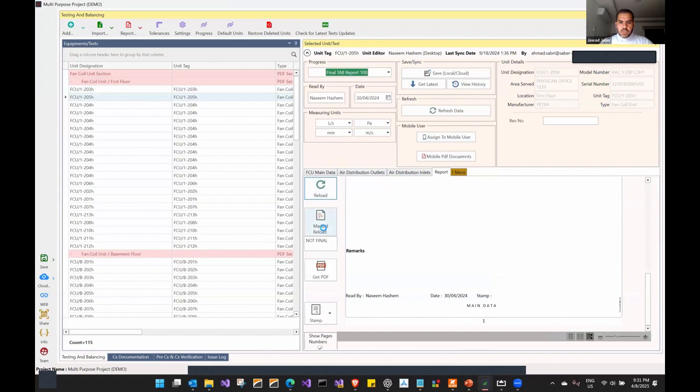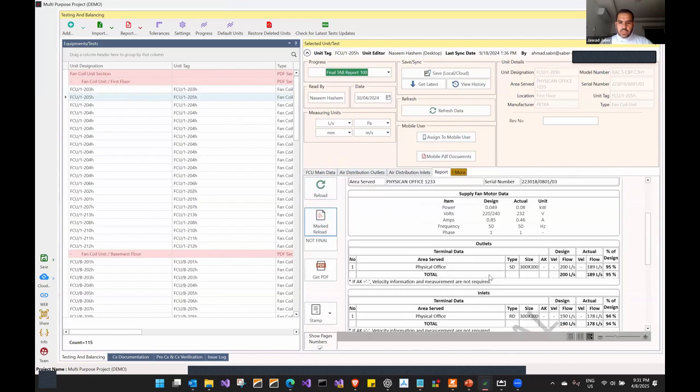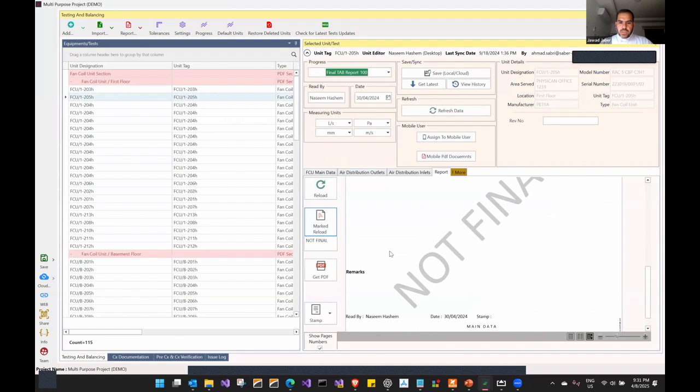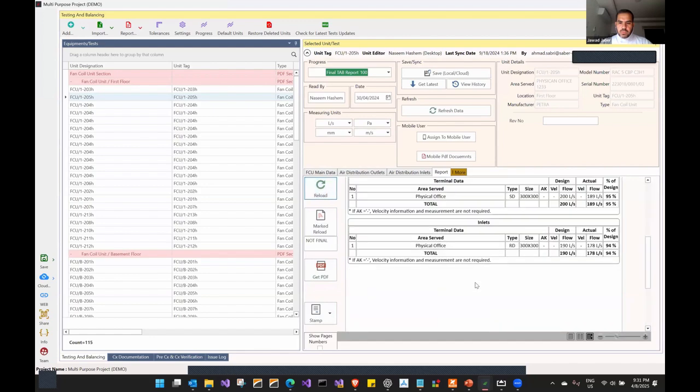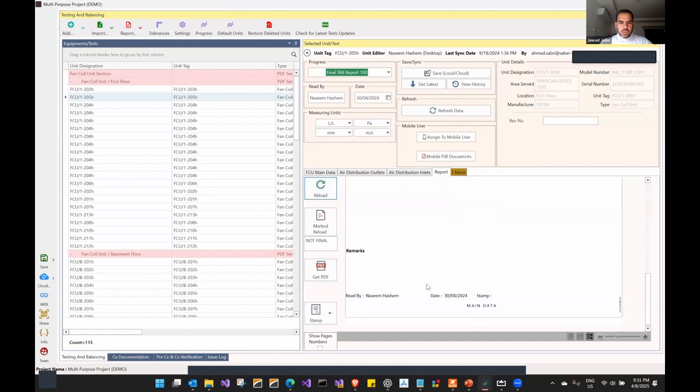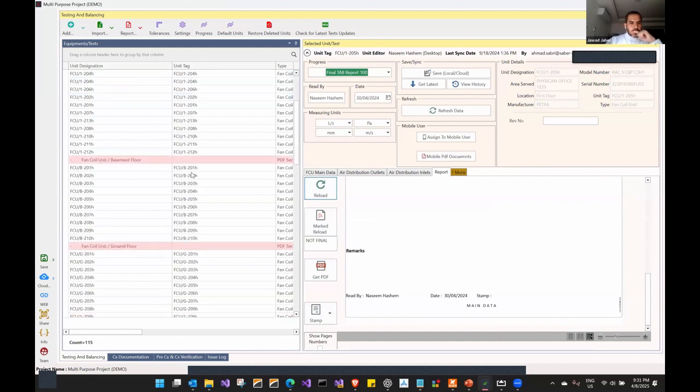You can do also marked reload, which, suppose I want to add 'not final' to it, I can add it. You can add a stamp, and you can also choose not to show the page number. If I want the report without any page number, I can reload without the page number. Now, before we focus on the AHU,